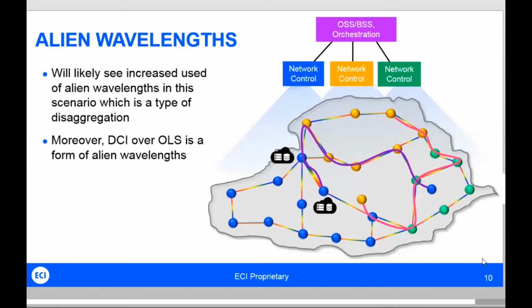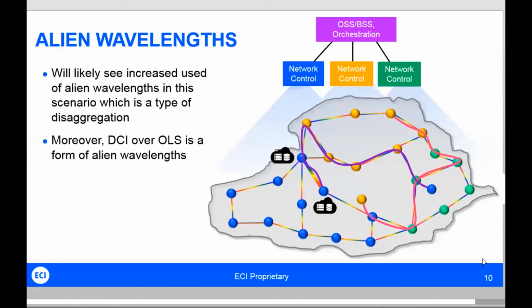And one of the scenarios, and this came fairly evident at the workshop a few weeks ago in Trondheim, is that people are looking at a model of what I would call DCI over OLS, which is where they might have an established network from a single party, but what they want to start to do is now use only the open line systems, or the ROADMs and the amplifiers, of that particular party, but run the transmit-receive of another vendor over that. In this particular case, using things such as DCI or data center interconnect boxes.